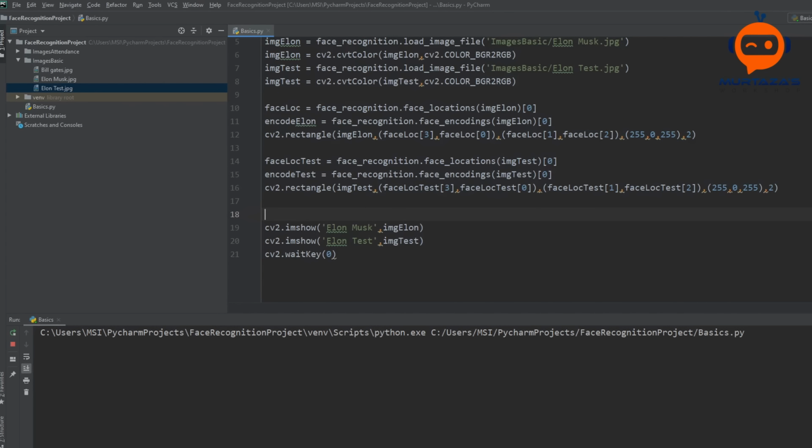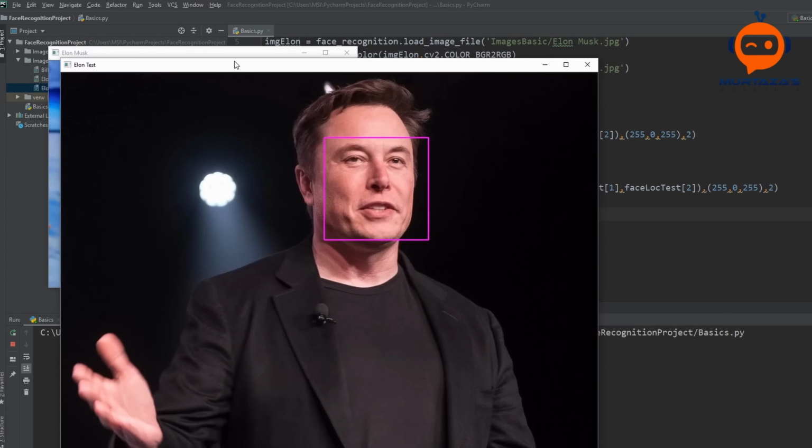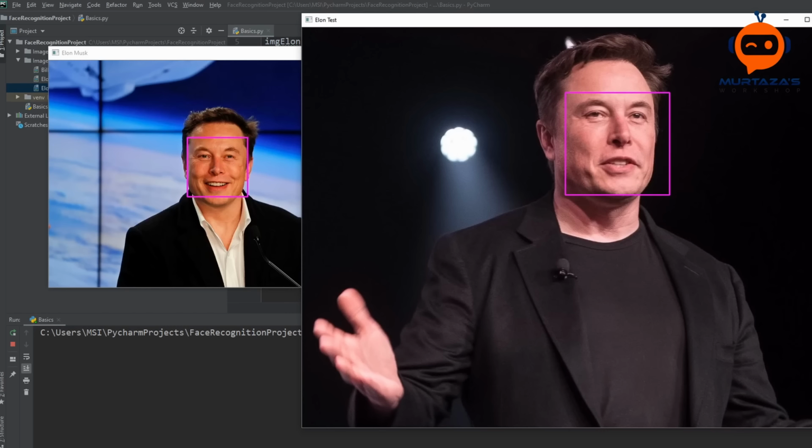Let's run that again. And there we have it. So now we're detecting both the faces in both the images.